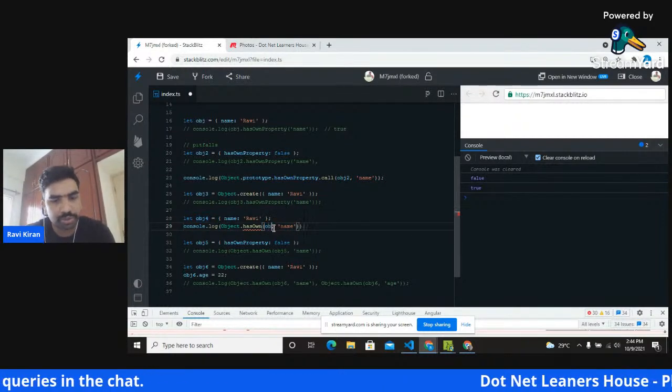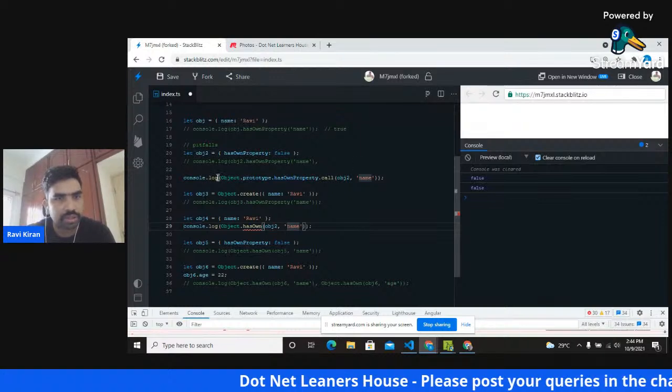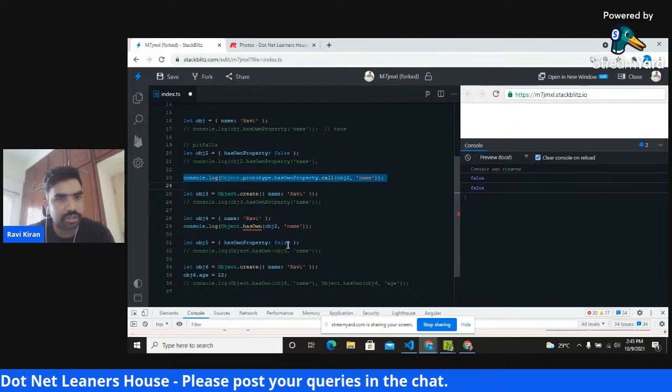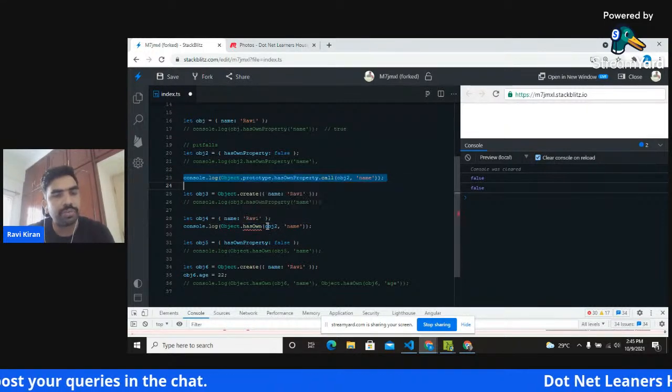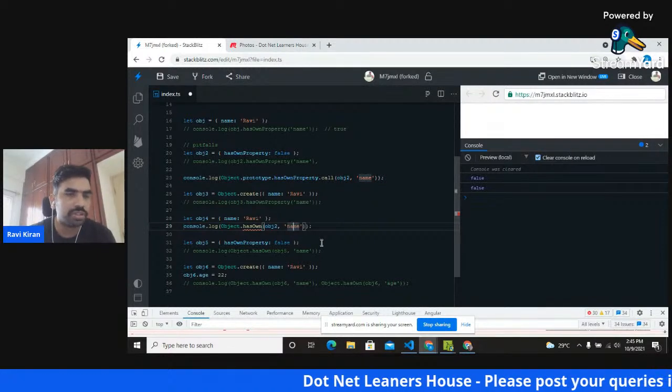Instead of using prototype, we are calling Object.hasOwn and passing the object with the property name, and it gives us either true or false, right?